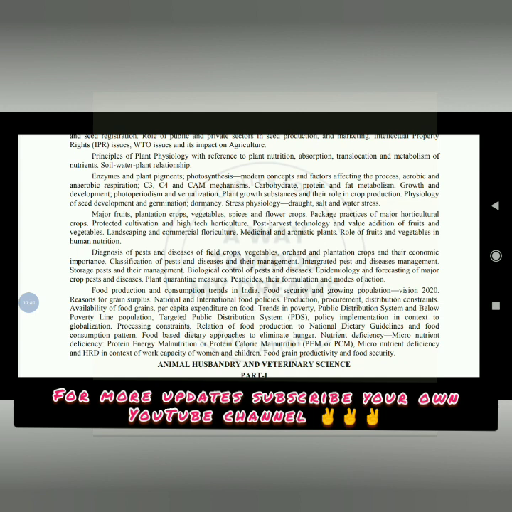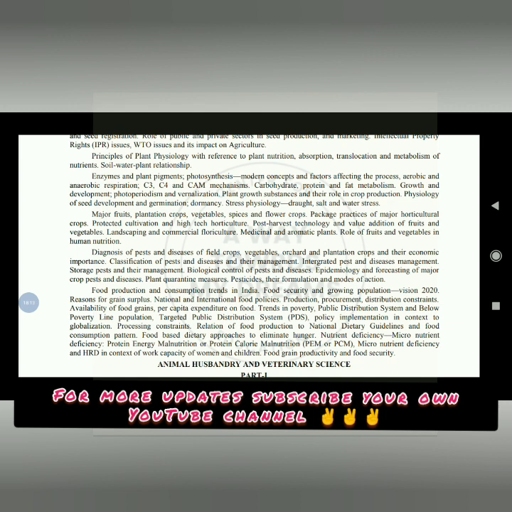biological control of pests and diseases, epidemiology and forecasting of major crop pests and diseases, plant quarantine measures, pesticides, their formulation and modes of action, food production and consumption trend in India, food security and growing population, recent trends, reasons for grain surplus, national and international food policies, production, procurement, distribution constraints, availability of food grains, per capita expenditure